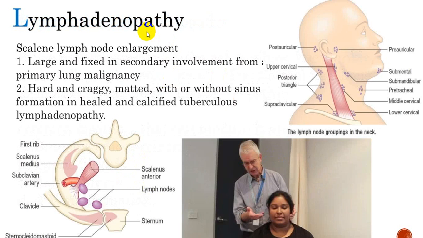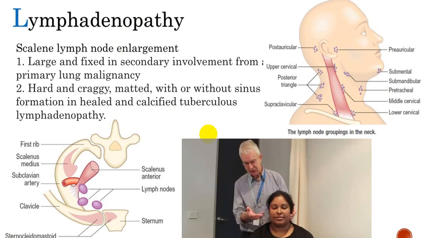Lymphadenopathy is very common. We have to look for two common conditions in India. One is tuberculosis and second is malignancy. So in malignancy, bronchogenic carcinoma can have a secondary metastasis, or you can have a lymphadenopathy secondary due to lymphoid tissue malignancy like lymphomas, Hodgkin's lymphomas. And you can have a lymphadenopathy in mediastinum.